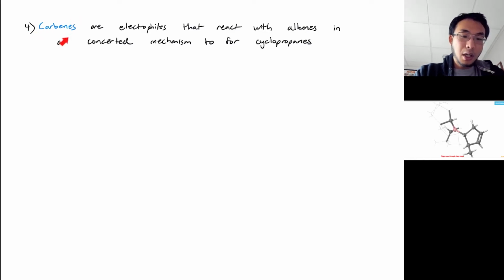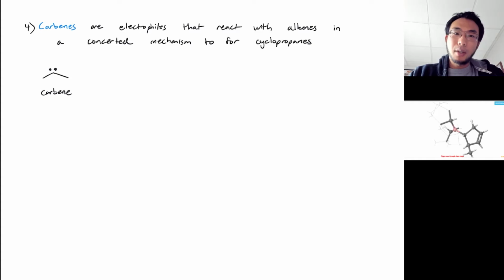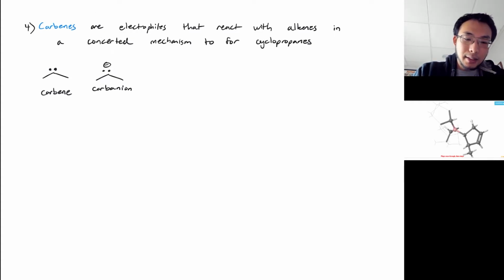A fourth important type of mechanism when it comes to alkene reactions involves what are called carbenes. So carbenes are interesting electrophiles that are not very common, but they react with alkenes concertedly to form cyclopropanes. So first we should go over what a carbene is. This is a carbene, and we want to be very careful because that is not the same thing as a